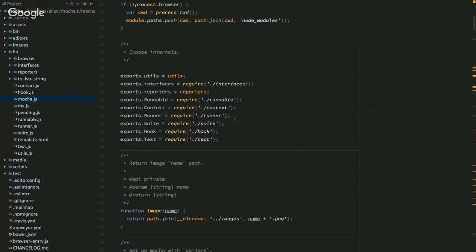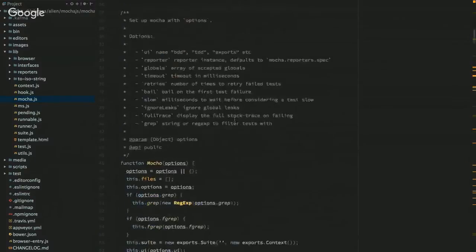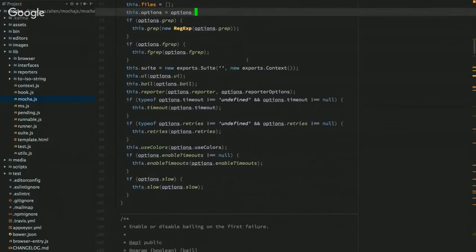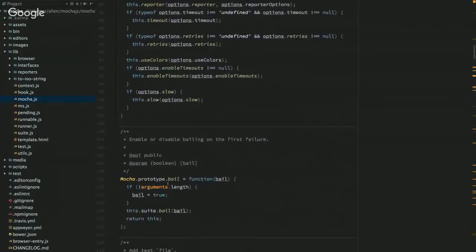Now, where is it? So here's the constructor. It is a pseudo class. In here there are functions to set the options, and so back in